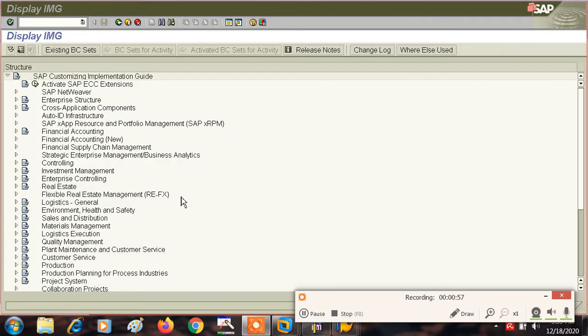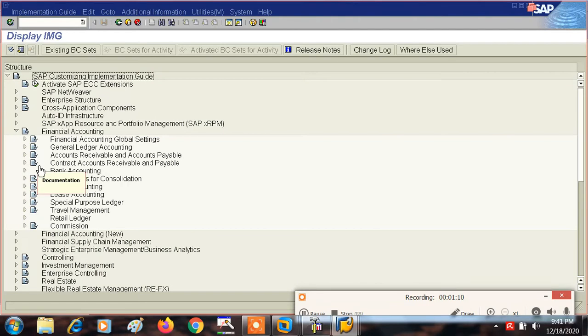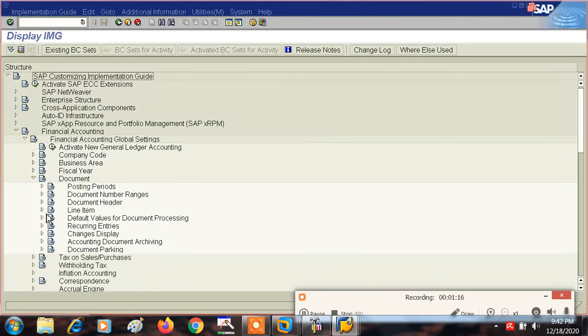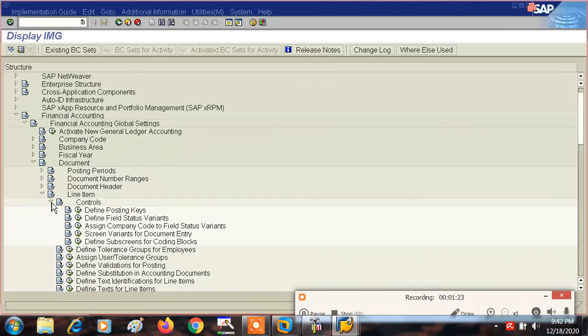After that, financial accounting, financial accounting, global settings, and then we will go to documents, line item, and then we will go to controls, and here we can see define field status variant.